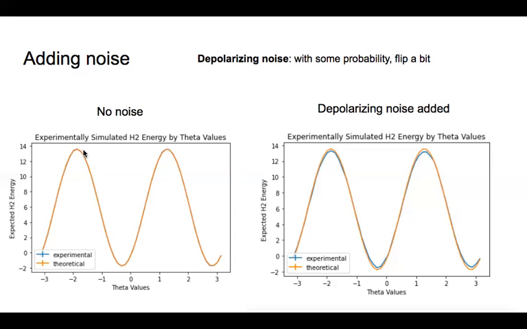So we simulate how a quantum computer would act, and we see this really nice curve with no noise, where the theoretical data almost perfectly overlaps with the experimental data. So you can't even see the blue line. However, once we add a noise model, which essentially says, okay, depolarizing noise, this says with some probability, right as we measure a bit, we might flip that bit. And when we add that noise to the model, you can see how the experimental data no longer overlaps perfectly